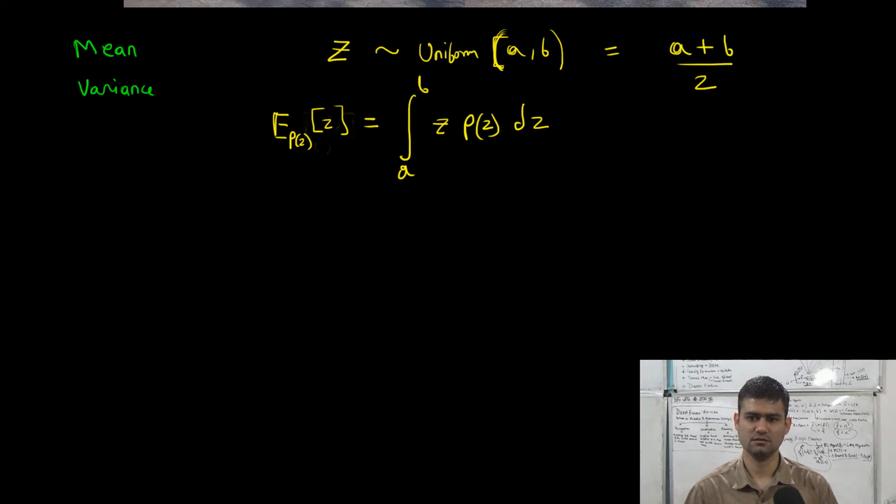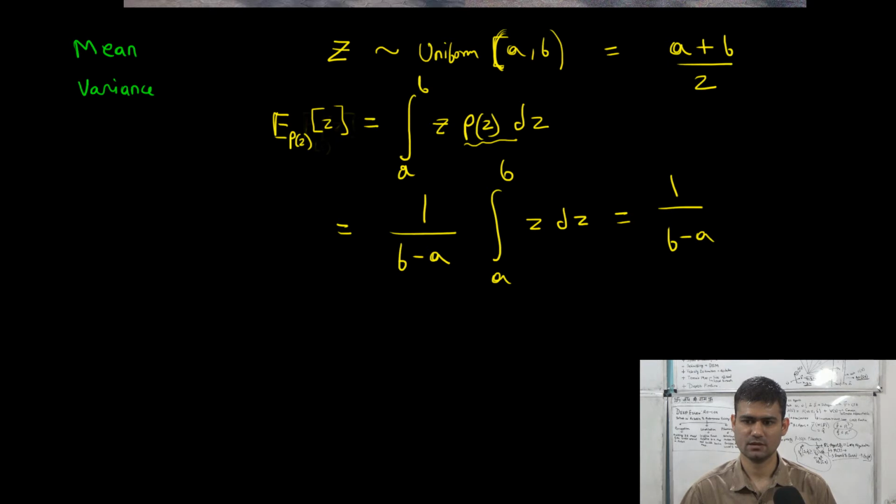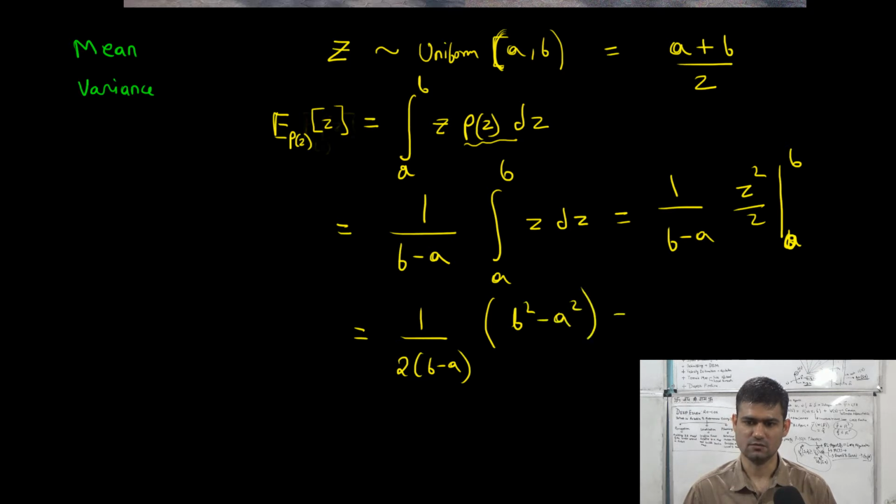We can see this by performing this integration. So we have p of z is constant between a and b, so we can just simply write it as 1 over b minus a. Then we have integral a to b of z dz, which is simply 1 over b minus a times z squared by 2 from a to b, which is simply 1 over twice of b minus a times b squared minus a squared, which is a plus b over 2. So the mean or the expected value of a random variable z with a uniform distribution between a and b is simply